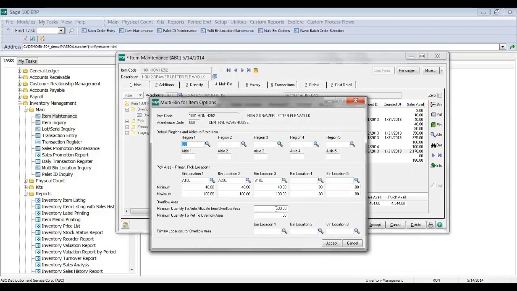Here I'll go back into the setup screen, and note here you can designate the quantity that would necessitate picking out of the overflow area. So maybe you have standard unit of measure items in your primary pick location, and maybe if you have a large order, you don't want to deplete your primary pick location or your regular pick area. And so by designating a quantity to tell the picker to go in the overflow area